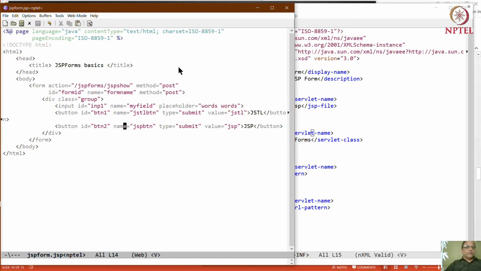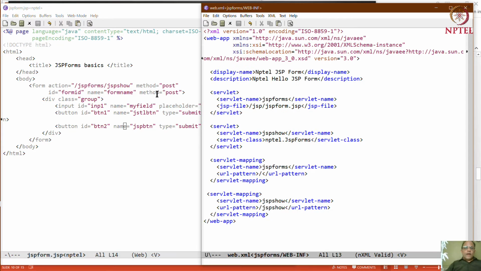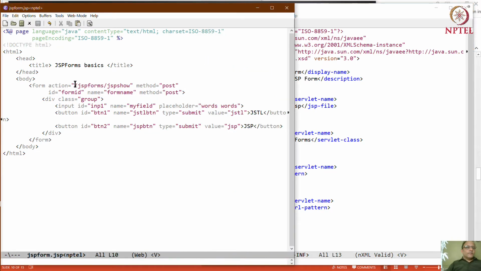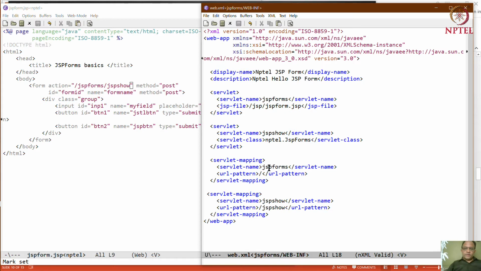So this is what we end up with. We have a form, and it is the form that then goes to the second page, which is this one, JSP show. And it is JSP which takes us to the JSP forms class.